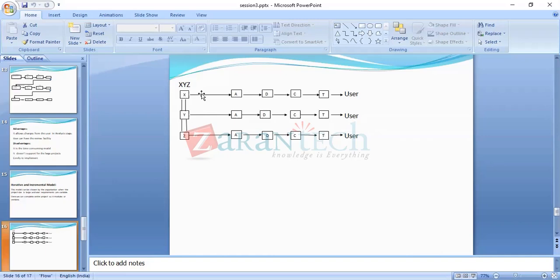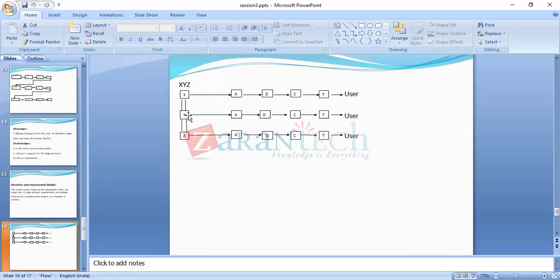What is iterative? Module-wise development is iterative. What is incremental? While using the X module, if the customers find any new requirements they want to add, those will be completed in the Y module.